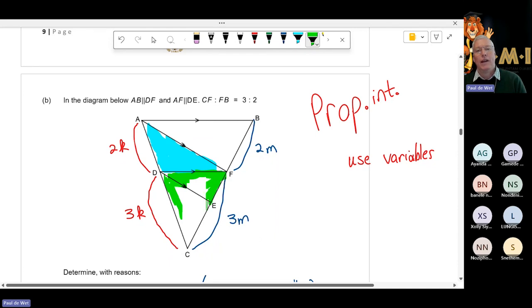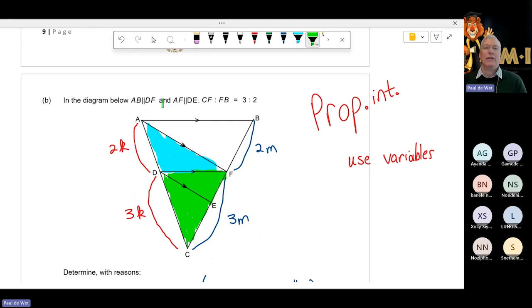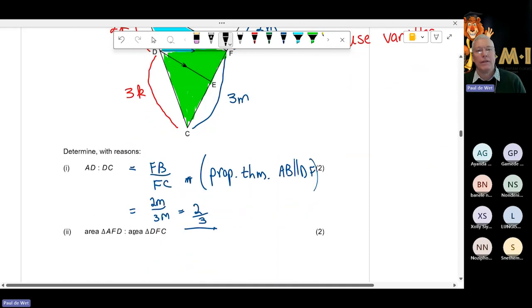Triangle AFD and triangle DFC share a common height. Area of triangle AFD over area of triangle DFC